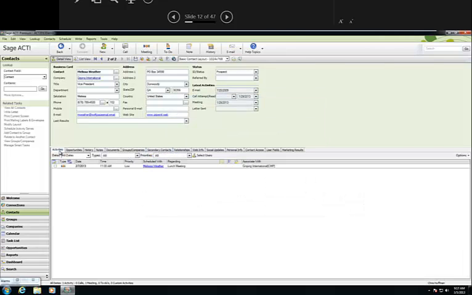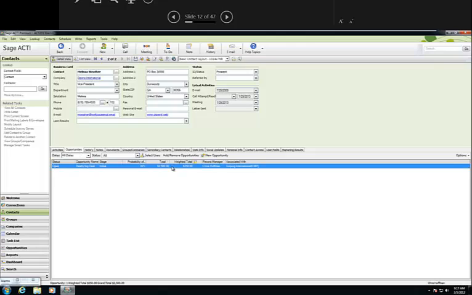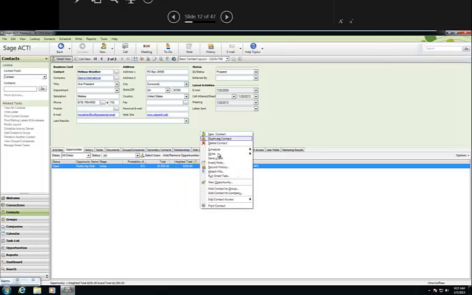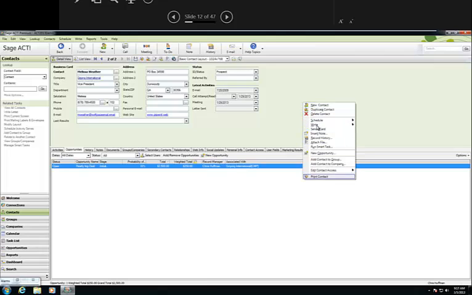Follow-ups are under activities. And so here you see I have an activity in the future with Melissa. If I've got a deal that I'd like to track with Melissa, then you'll see that here. If I want to make a new one, I just right-click and I can choose new opportunity. The right-click button here inside of ACT gives me a lot of choices for new contact, duplicate contact, delete a contact, schedule a meeting, schedule a phone call, write a letter, just a lot of things under the right mouse click. The activities, so that's opportunities. If I wanted to make a new one, I would take a right click and go right to that,